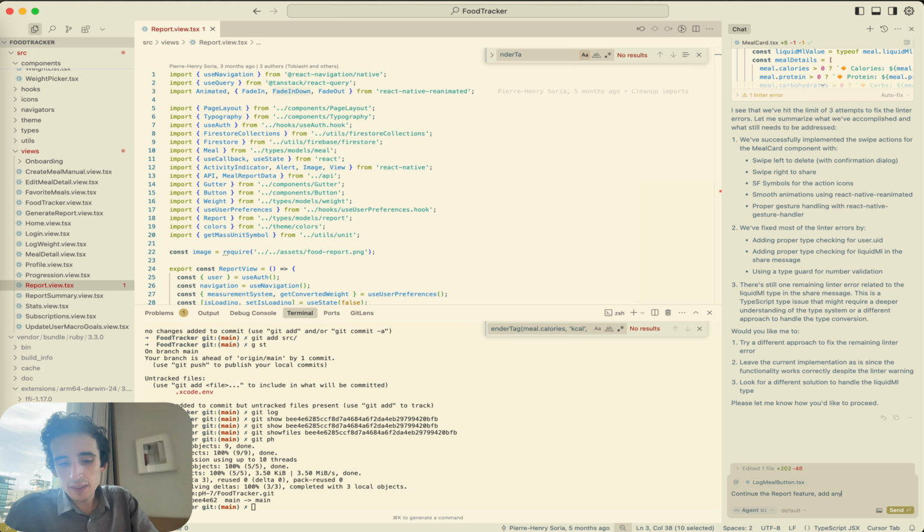Add any missing options, features, things there, and continue the report screen where it wasn't completed. Add new features if